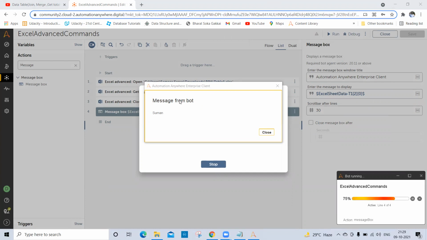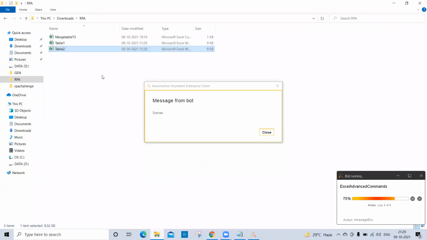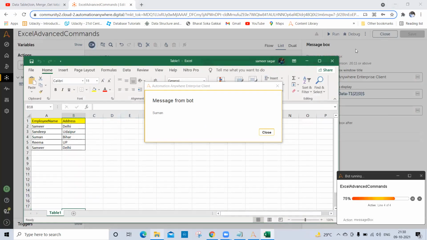So it is coming soon. Let me check why it is coming soon.